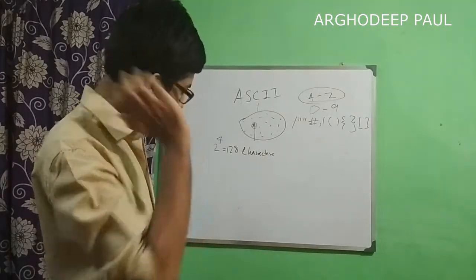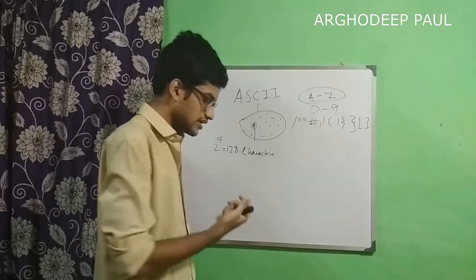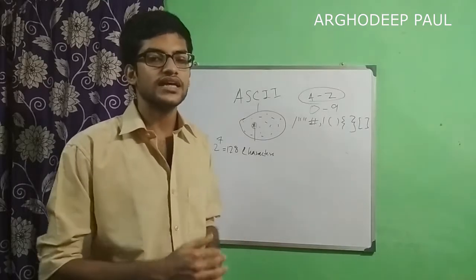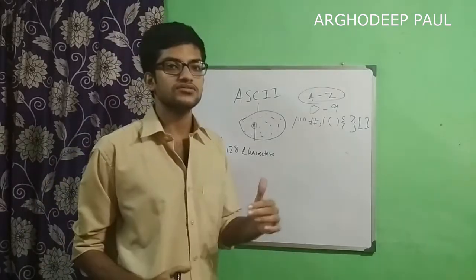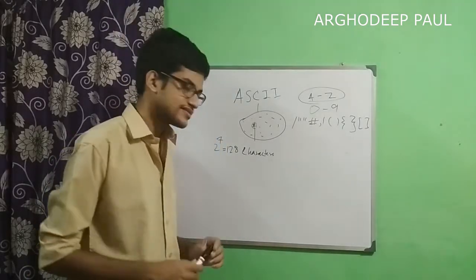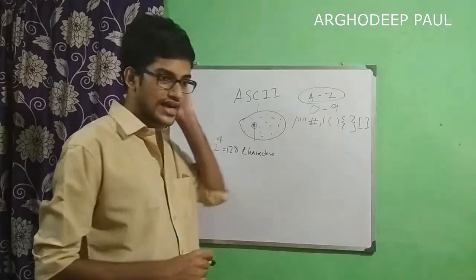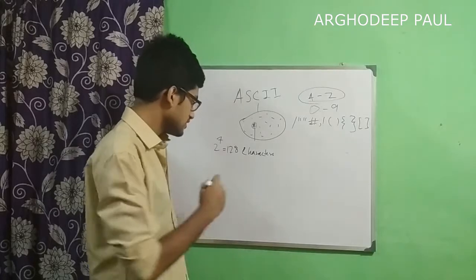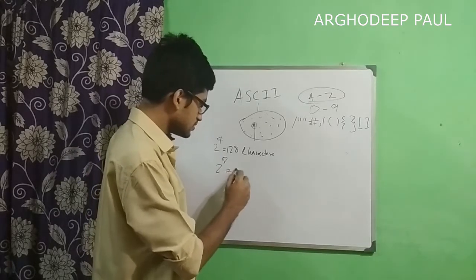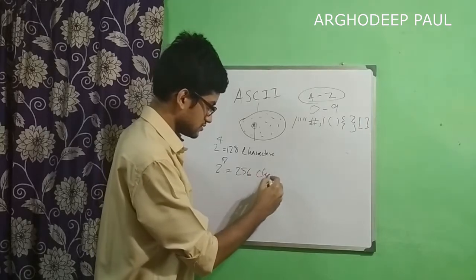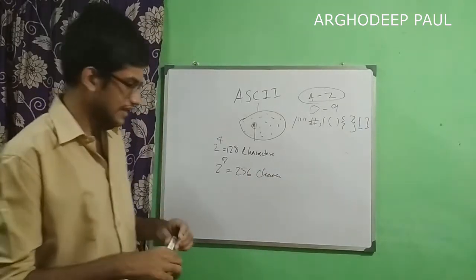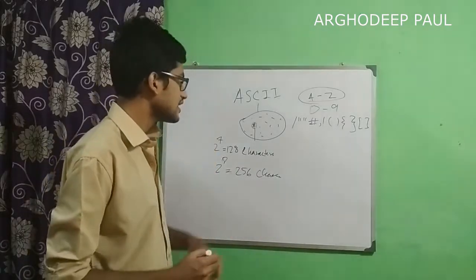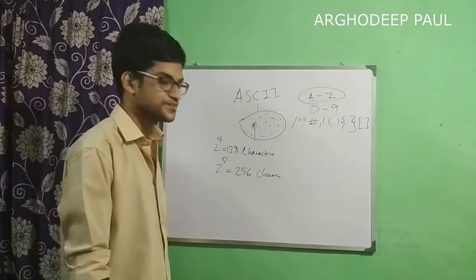And what we have not added is that extra 0, because that's extra and not required by ASCII. ASCII only takes 7 bits to express any character. So we will not take that extra 0 into consideration, because if we consider that extra 0, that parity bit, then it will become 8, and when 7 becomes 8, this will be 256 characters. So rather than considering that parity bit, we can extend ASCII by applying the same rule.